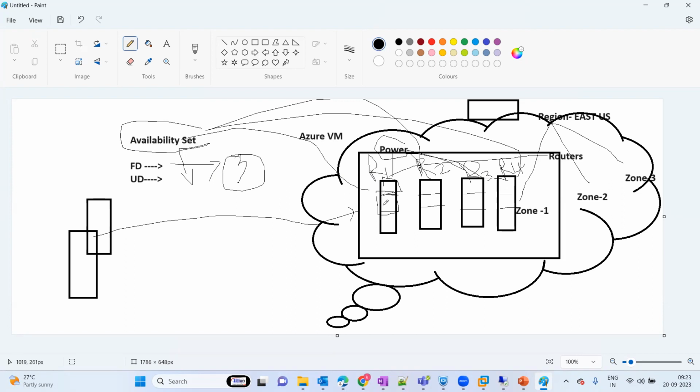Okay, like this, one VM here, one VM here and one VM here. Why are we going to spread this across 3 VMs? Basically, if you have an application and you are maintaining only one server, that is a single point of failure. So to make some redundancy,